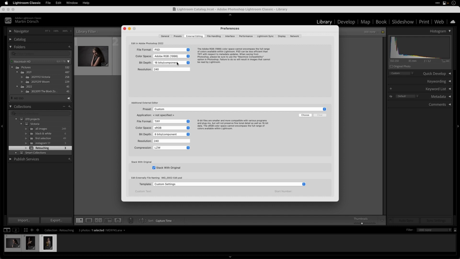If you don't know what to set up here, 8 or 16 bit, go for the 16 bit per component, because then you have the better bit depth and the file size is bigger, but today the machines or the PCs are fast enough, so that's no problem. So just stay at 16 bits per component. Okay, and the resolution is totally fine with 240, because you're sending over the pixel size, the resolution is not